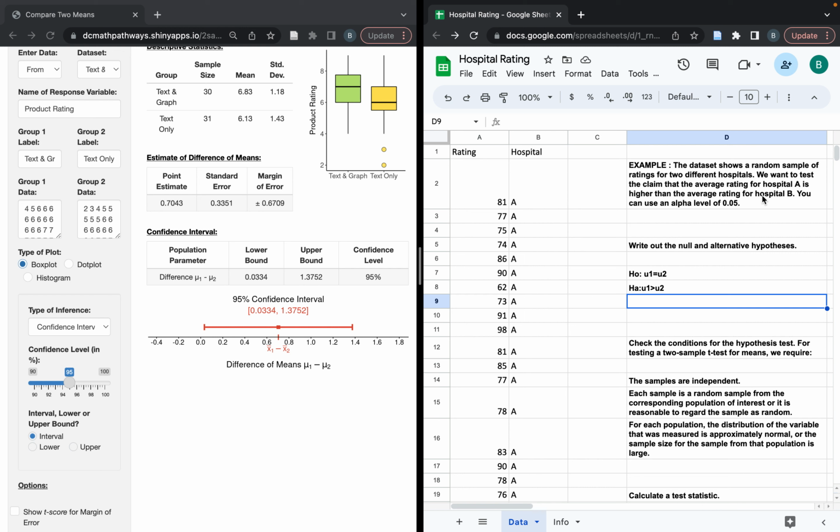hospital B. So first of all, we have two different samples, so we know we're going to have a two-sample test, and this is an average, so we're comparing two means. And when we're comparing two means, it's going to be a two-sample t-test because these are two different hospitals, so they